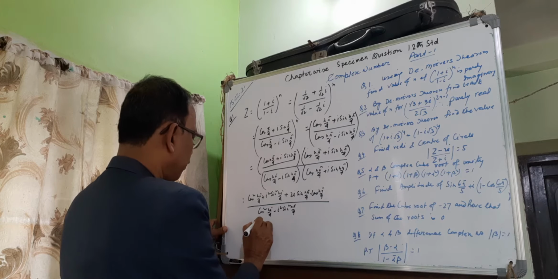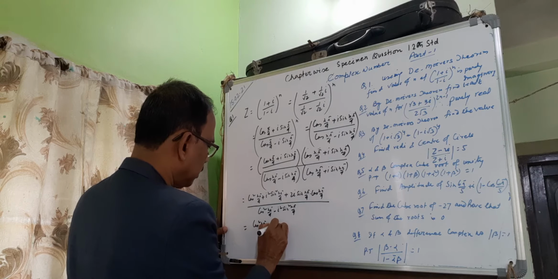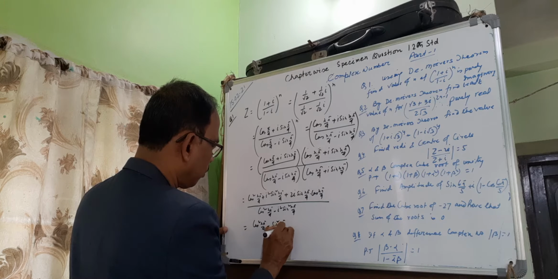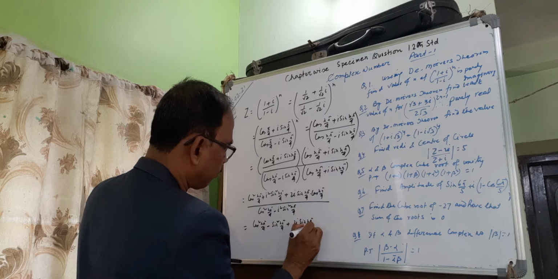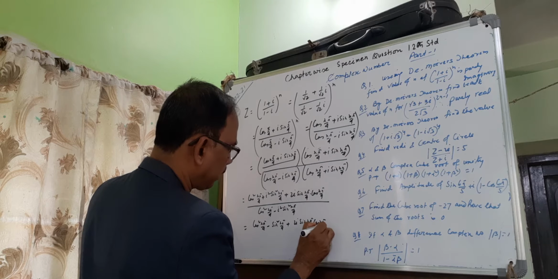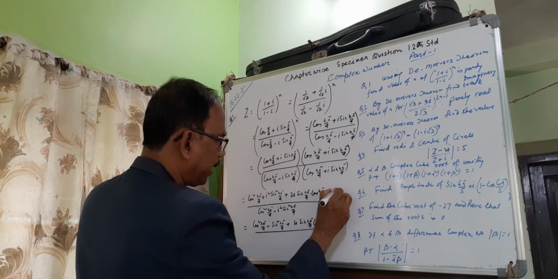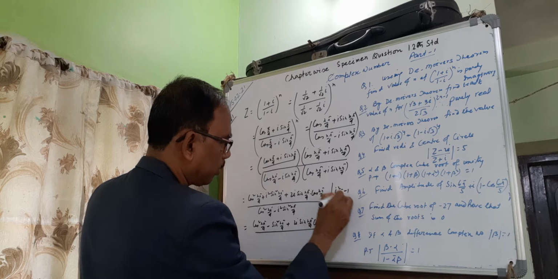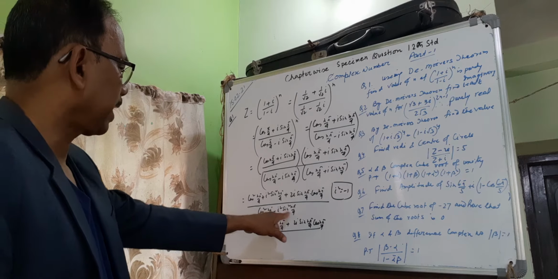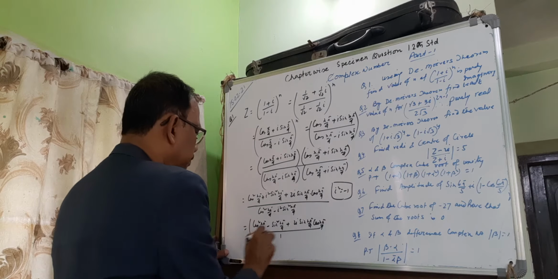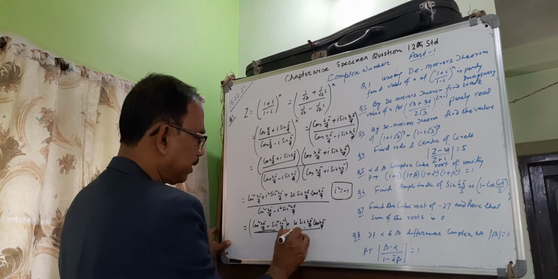So we can write cos square n pi by 4, i square value is minus 1, so minus sin square n pi by 4, plus 2i sin n pi by 4 cos n pi by 4, over here i square equals minus 1. We know this, that is minus minus 1, that is, this will be 1. Cos square n pi by 4 plus sin square n pi by 4 is 1. As this is purely imaginary, the real part will be 0. This is the real part and this is the imaginary part.